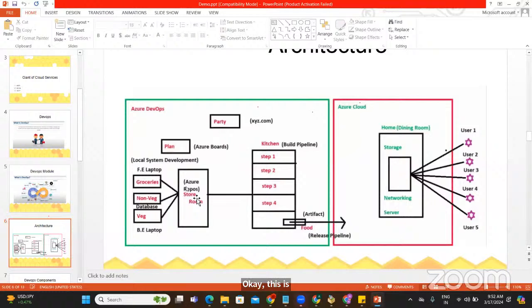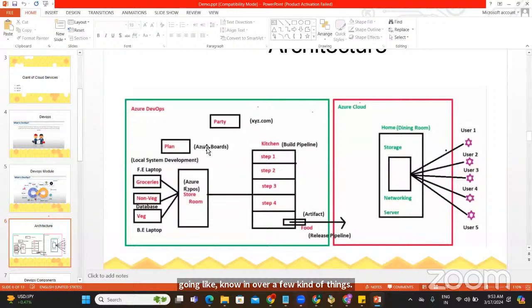Now, when we move ahead, next we go with the build pipeline. We'll try to compile the code. This is for your live classes. We'll take a different example in the live classes to make you understand. This would take another 2 hours to explain this architecture, so that's why I'm just giving an overview.